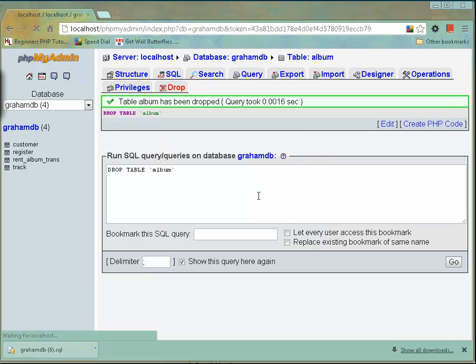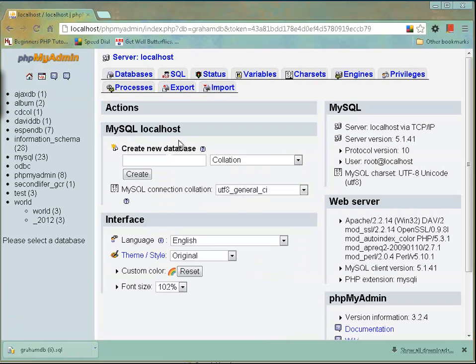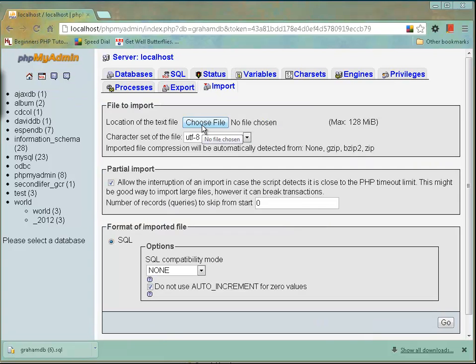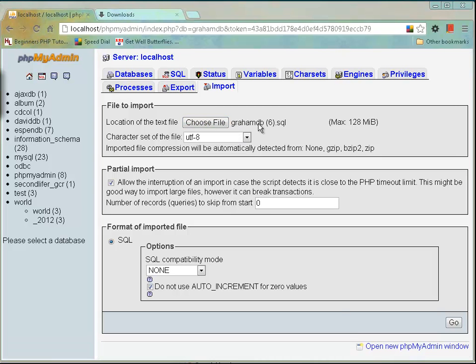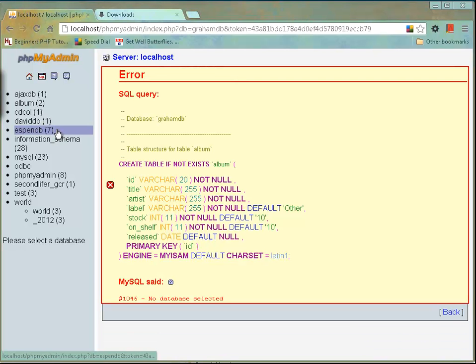Remember, what I'm talking about here is, what do we do to safeguard our work? Well, I've got rid of everything. It's gone. Everything's gone. All that work is gone. Now if I click to import and I choose the file. Okay, so I put the same file back in there as the option to open. I'm going to choose that. I've chosen that file, so now I'm going to click go, and I get a query, and that says that